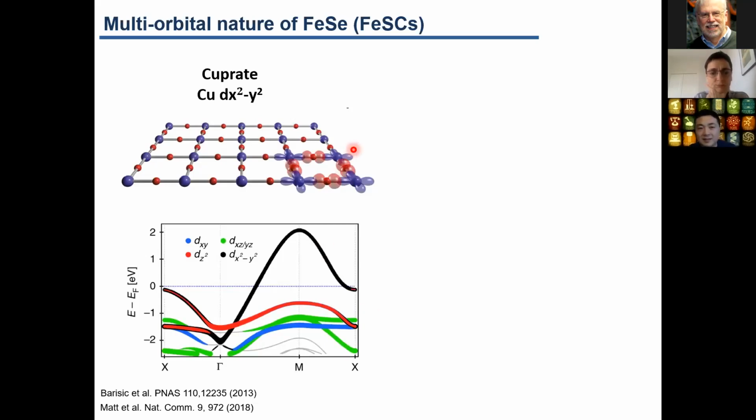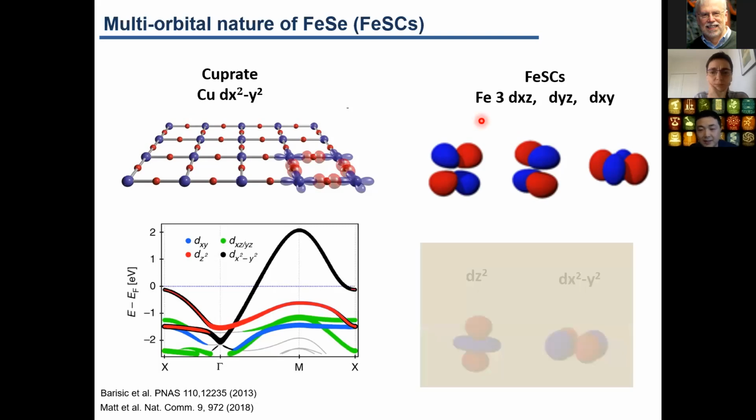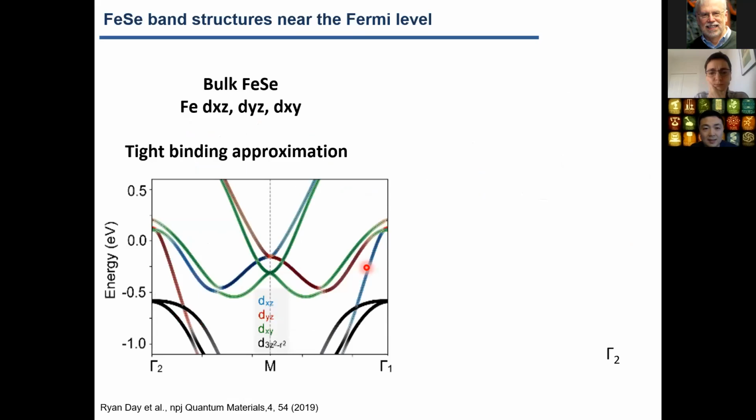Another major difference is the multi-orbital nature of iron-based superconductors. For cuprates, if you look at the band structure at the Fermi level, you're most likely dealing with the dx squared minus y squared orbital of the copper. But for almost every iron-based superconductor, you are dealing with different orbitals of iron 3d. So for most of them you have to deal with dxy, dyz, and dxz orbitals at the Fermi level,